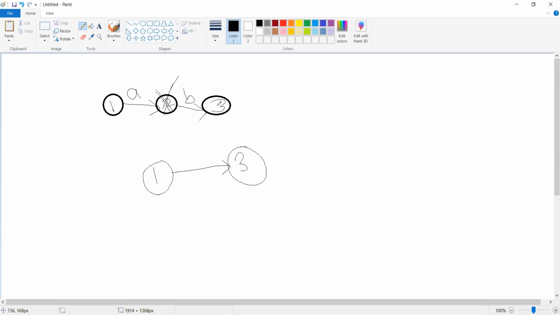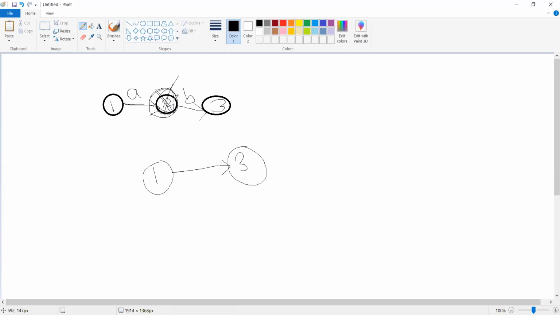Earlier, how was I able to reach state 3? In order to reach state 3, from 1 I need to read input symbol A, then go to 2, and from 2 I need to read the input symbol B, then I can reach 3. But as this state has been removed, how could I reach from 1 to 3? For that, what do we have to do?